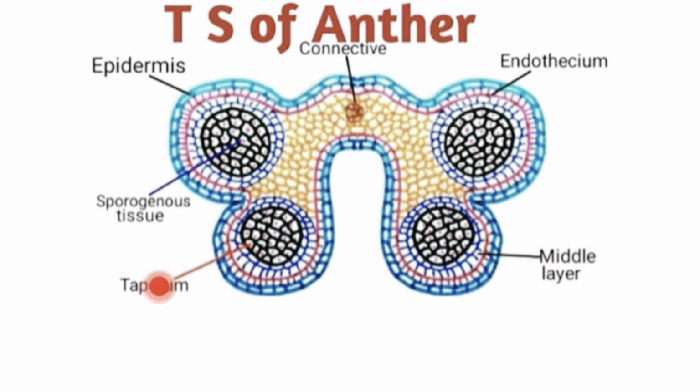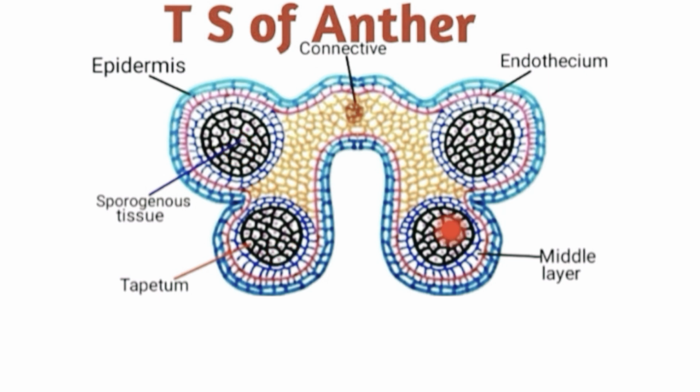So let us see what tapetum is, the innermost layer. This is a nutritive layer which provides nutrition and water to the growing microspore tetrad. Now what is this connective? Connective is the tissue where the filament remains attached. And this TS we are seeing here is of an anther which is bilobed. One lobe is here, another lobe is here. So this type of bilobed anther is called a dithecous anther, having two lobes. And inside these two lobes, there are 4 pollen sacs. 1, 2, 3, 4. There are 4 pollen sacs.